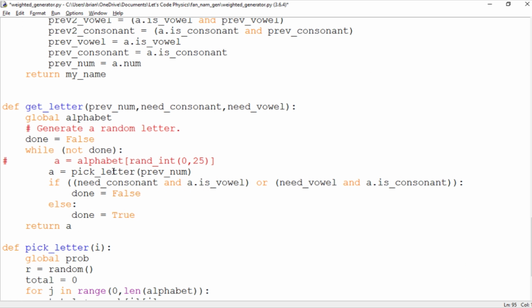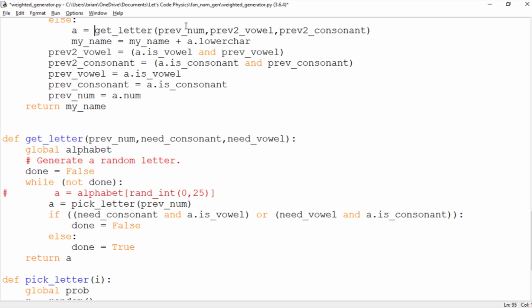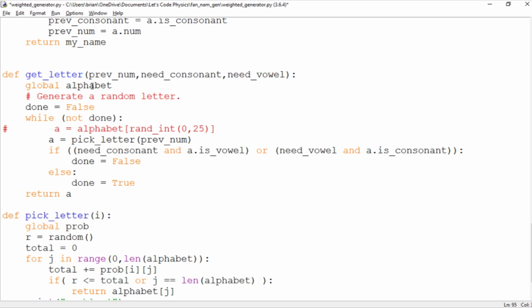So if I scroll down here, we now pass an extra argument to this function. So in addition to checking for whether we need a vowel and a consonant, we're also checking for the previous number. What was the number of the previous letter that we worked with, 0 to 25. So come down here, again, we're importing the alphabet as a global variable. And now instead of picking a random integer with a uniform distribution, we're picking based on the distribution we have set up in the